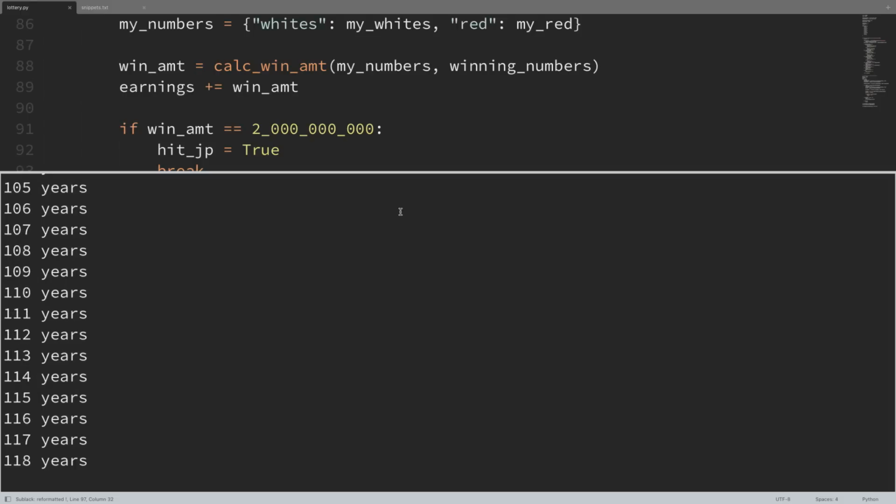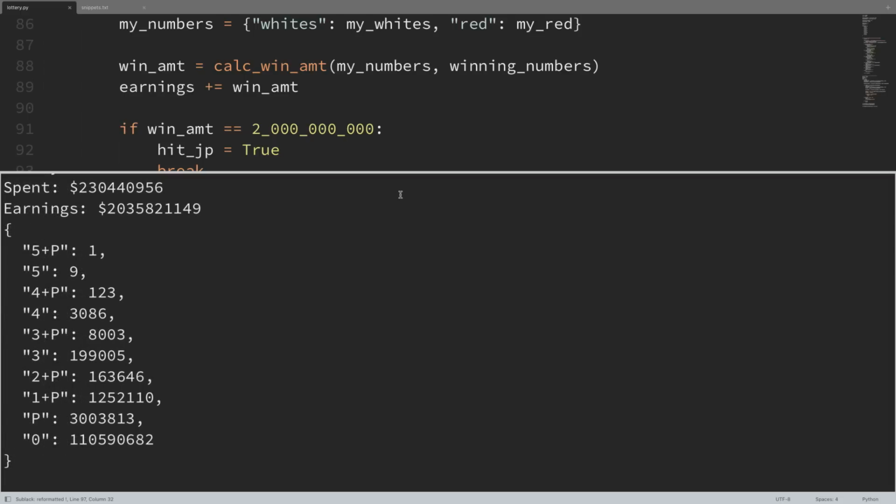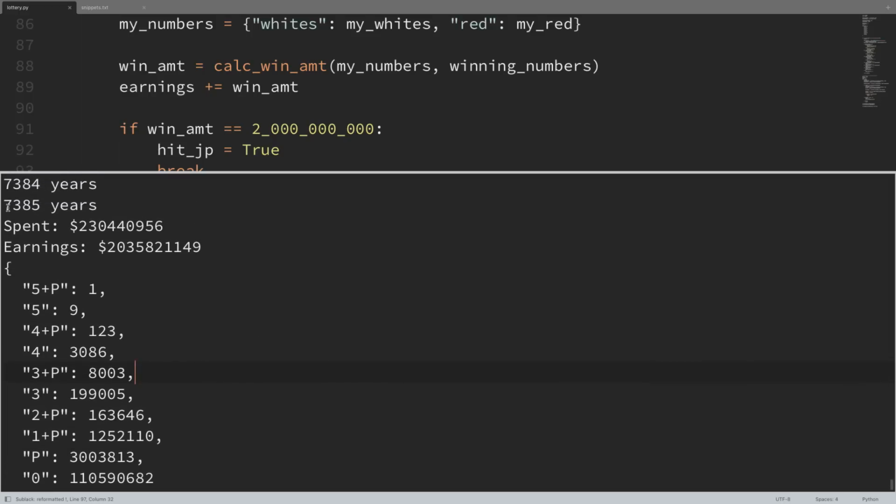Now, this could and likely will take a pretty long time, so I'm just going to go ahead and fast forward until we actually hit the jackpot and check back in once we've done that. Okay, so we finally hit a jackpot here. We can see that we have one jackpot. Let's see, it took us